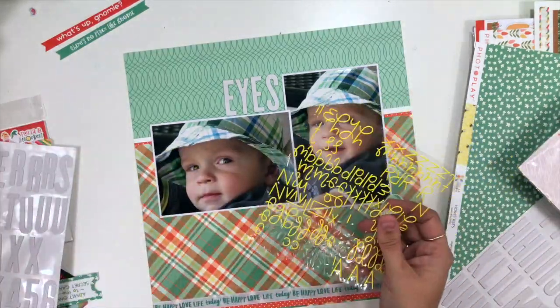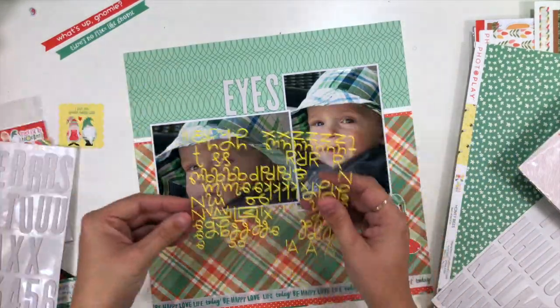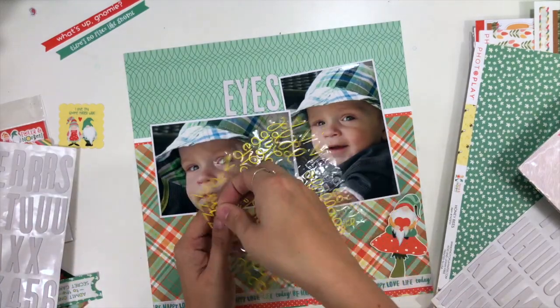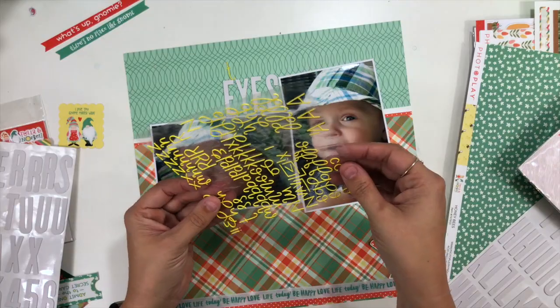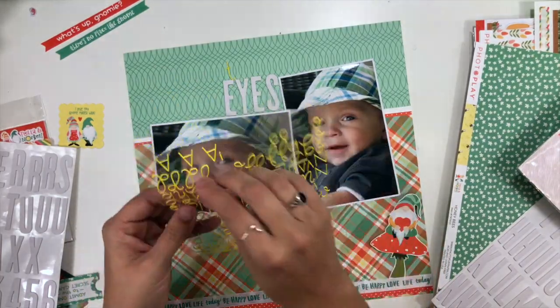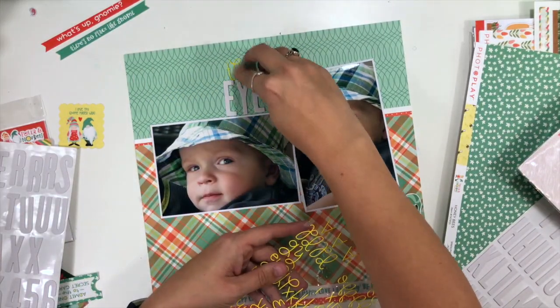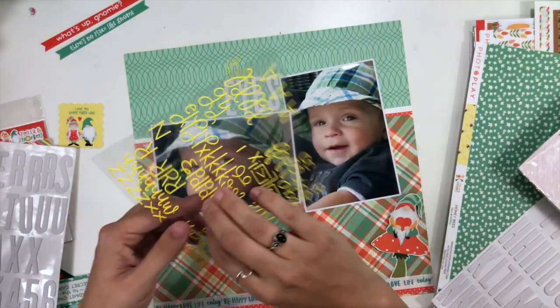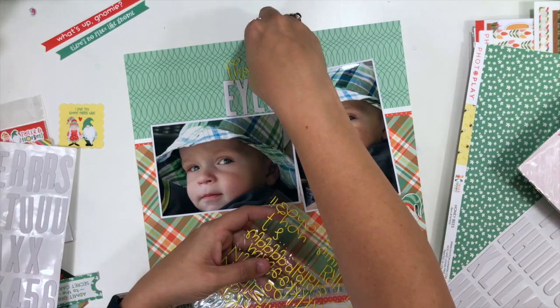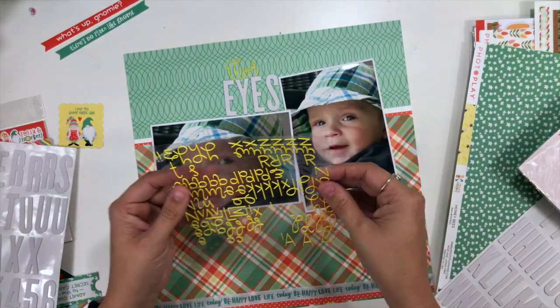So I'm like, all right, well, let me finish my title, and we'll go from there. So I grab my little yellow letters, and I'm going to put those right over the top of the word eyes. And you can't see them super well on screen because of that green geometric, but in real life, they actually show up really well, and you might be able to see it a little bit better in the close-ups at the end of the video, but they do show up, like they're not lost